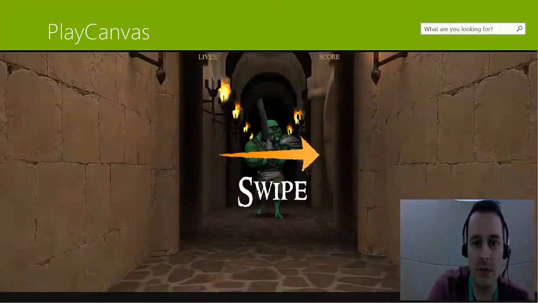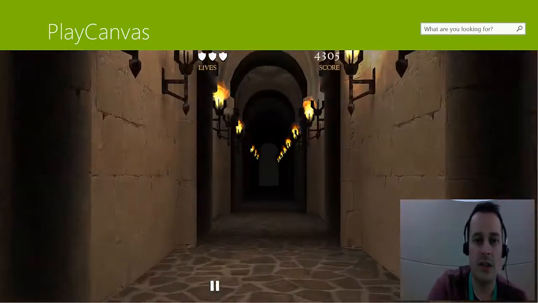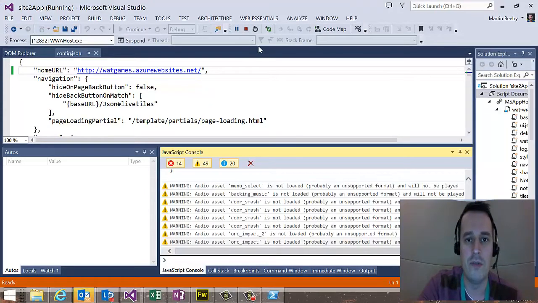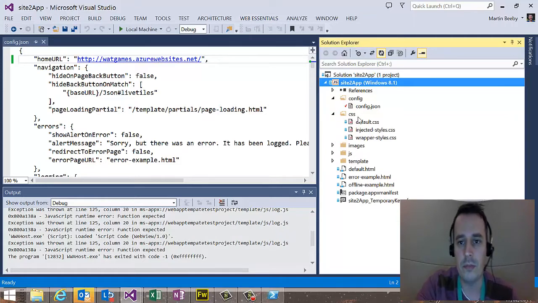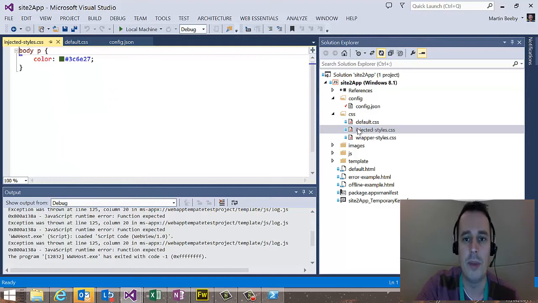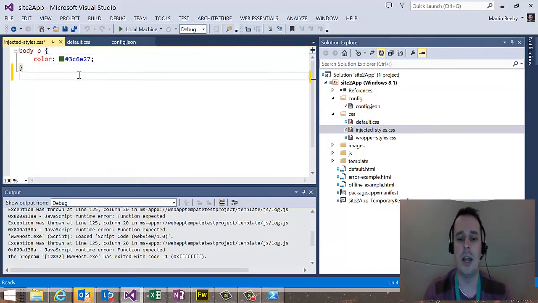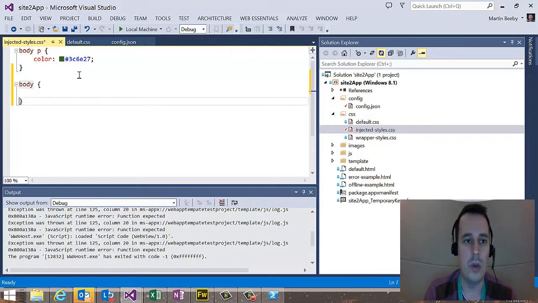This is because the browser is accepting some of the default touch events, so we need to fix that. And we also need to fix that top play canvas area. So, okay, we'll fix the CSS problem first. And we'll go into default injected CSS, which in a WAT template is the thing which gets injected into the application. We add a CSS folder here, and we will change one of the properties, which is